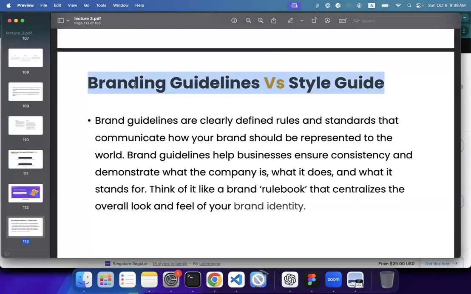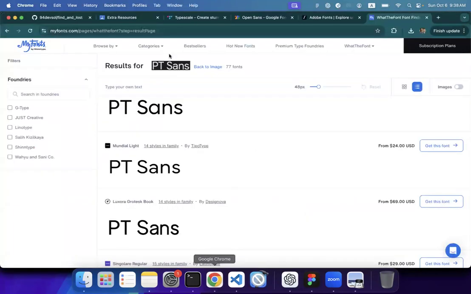Let's say a client comes up with an idea and he wants to create a new brand for a certain business. Let's say a tea exporting business. Then you have to understand who the end users are, what message this client wants to give to their end users, what the brand is about, is it a luxurious brand or is it a budget brand, and who our end users are that we should target in what area of the world. So you have to study these people and the colors and everything, typefaces and all, and come up with the design. So in the branding guideline documentation, if I show you an example,